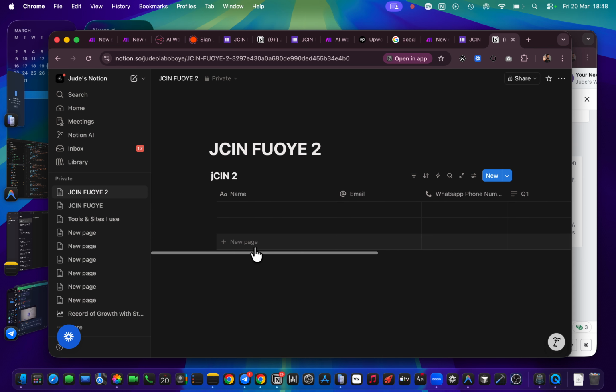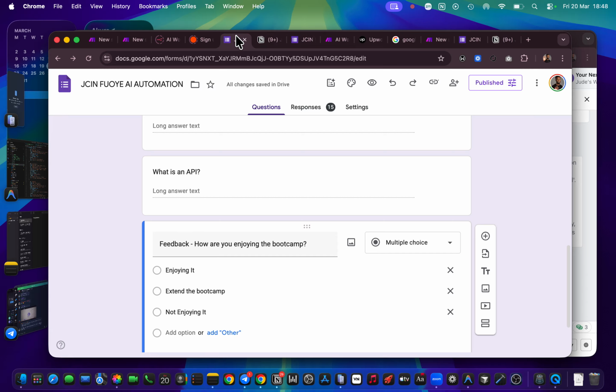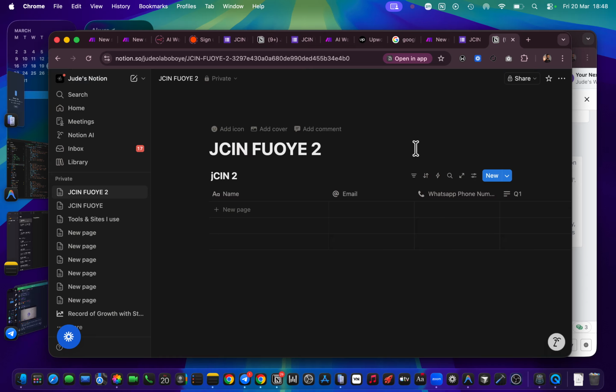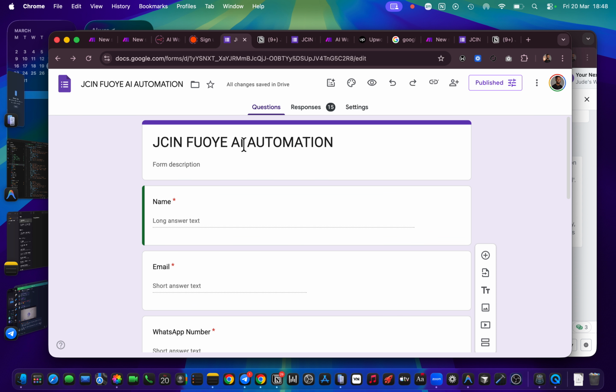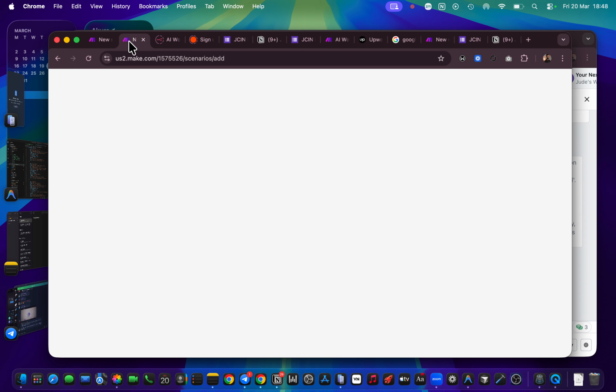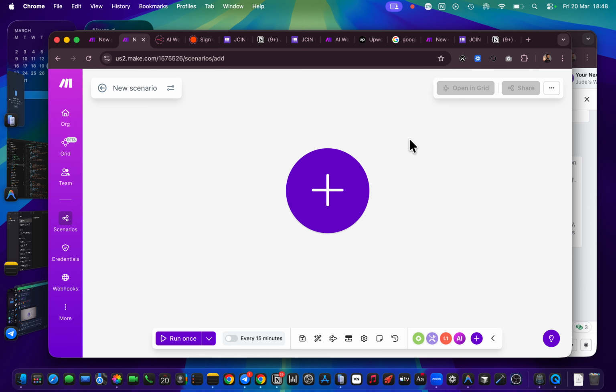So you can see we've created our database. It's as simple as that. And now we want to build our workflow. We want to build the whole scenario, because we've been able to build out our form and we've built the database as well. So now we want to make the connection so that whenever anyone comes to this particular form and inputs their details, it will be sent to the Notion CRM, or called the database. So what we do here is we start building our connection right from scratch.